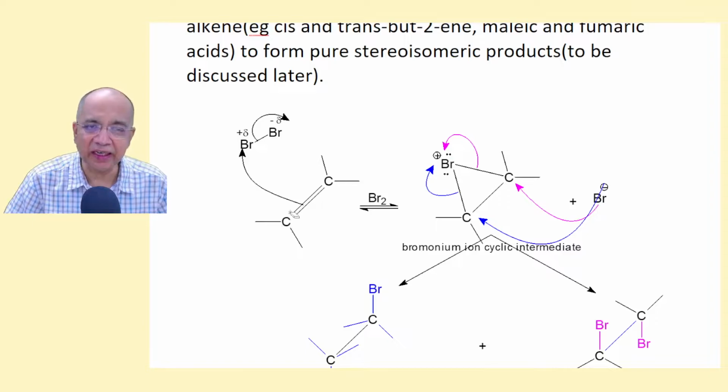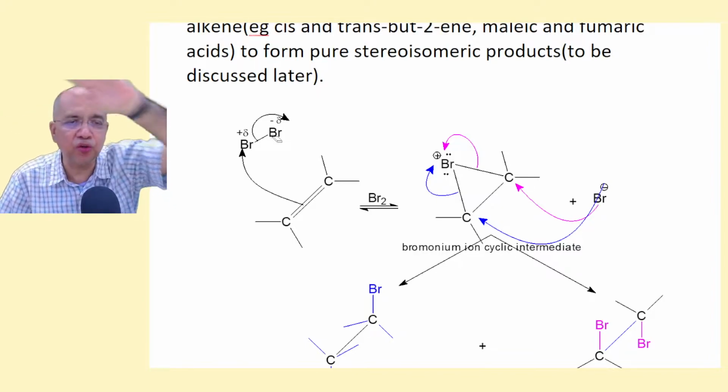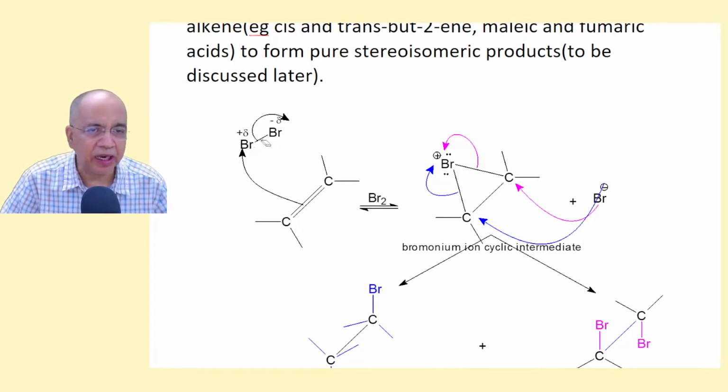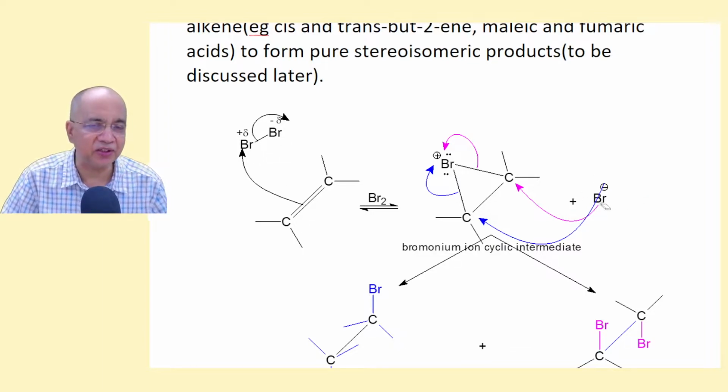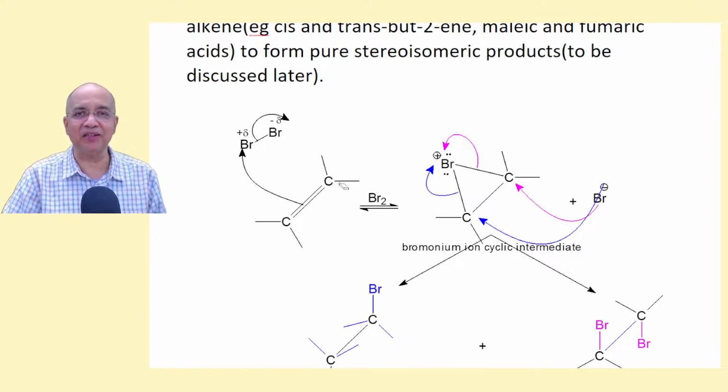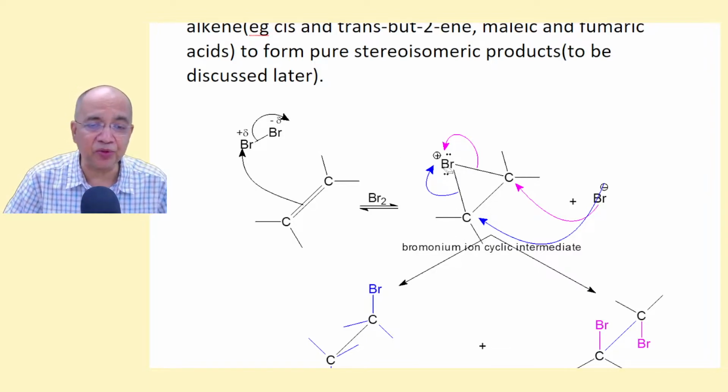Now see, this is the alkene and this is a nucleophile which will induce polarity in this bond. This is a non-polar molecule, but this nucleophile will induce polarity. The electron density will be biased onto one side to develop plus delta, minus delta, and ultimately it will capture Br plus and expel out Br minus. So this Br plus bonds to both the carbon atoms. That's the beauty. Both the carbon atoms